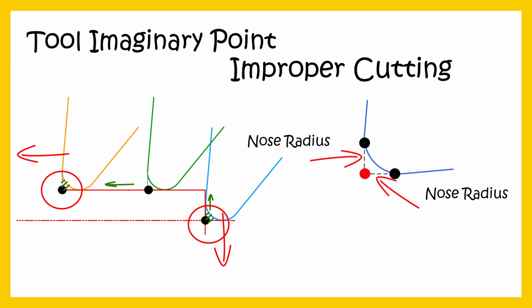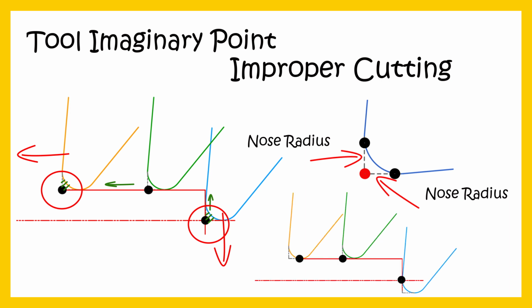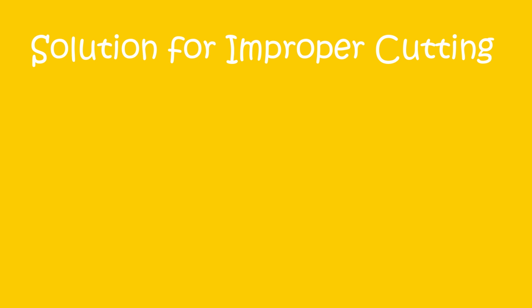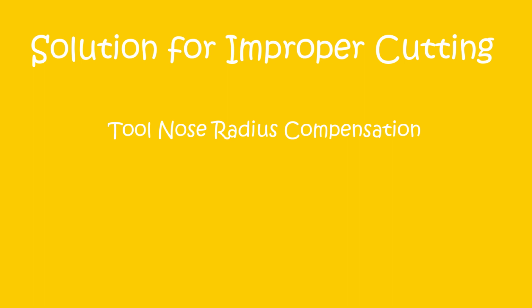This solution is easy and can be done manually, or we can say by adjusting x and z value while programming facing and plane or step turning operations. While profiling, the solution stated before is difficult to execute, as a number of fillets, chamfers, tapers or curves are involved. So the easy solution is tool nose radius compensation. This is easy and can be implemented by just adding one of these 2 codes, that is G41 or G42.